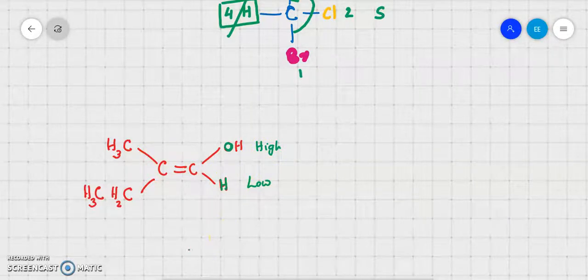On the other side, we have CH3 and CH2CH3. Now, that is a little bit more confusing because the atoms directly attached to the sp2 carbon, or the double bonded carbon, are both identical. They are both carbon. So then we cannot differentiate between them as high and low. In these cases, what we have to do is go to the next atom attached to this particular carbon. So in this case, on the carbon on top, we have 3 hydrogens. Let me just write them separately so that you can see it clearly. So these hydrogens are directly attached,